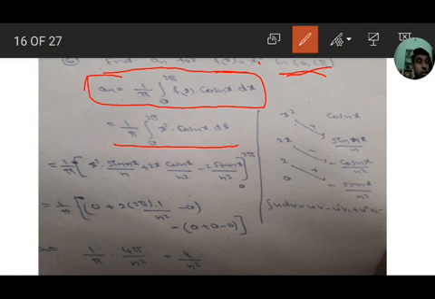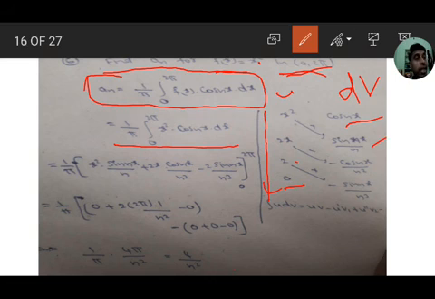Again here Bernoulli's rule only: u equal to x square, dv equal to cos nx. X square derivative 2x, 2x derivative 2, 2 derivative 0, up to 0. And cos nx integration is sin nx by n, sin nx by n integration is minus cos nx by n square, minus cos nx by n square integration is minus sin nx by n cube.